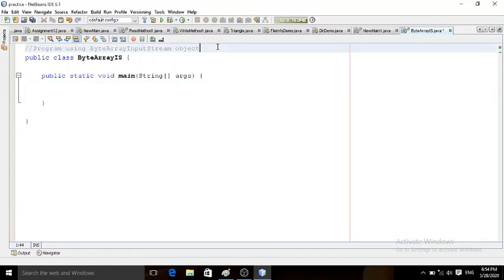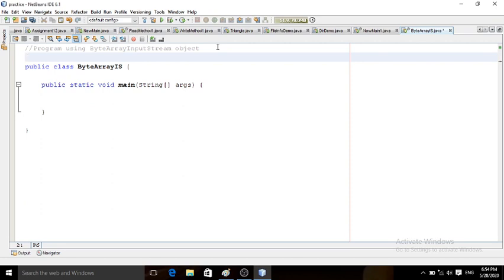We want to access streams, so I want to use an object of the ByteArrayInputStream class to read some string. For that, first I declare one string.